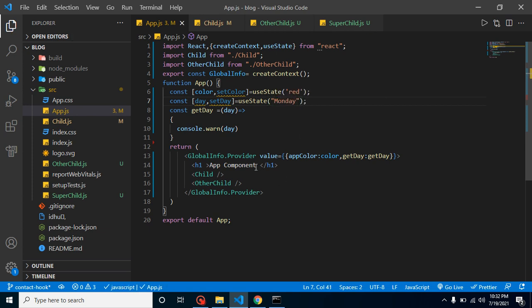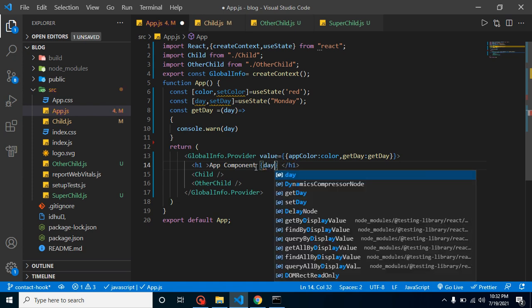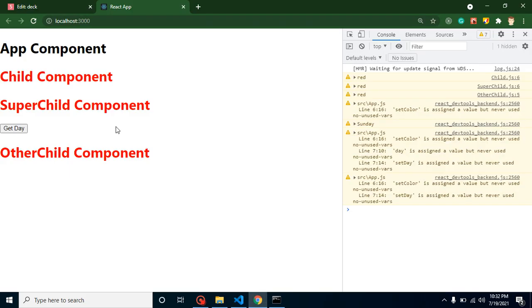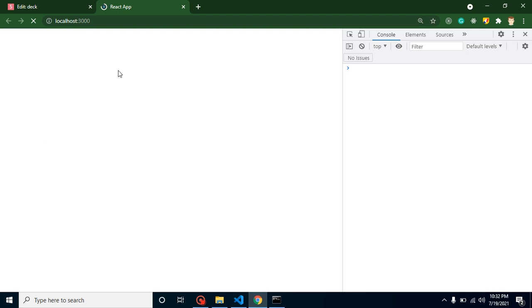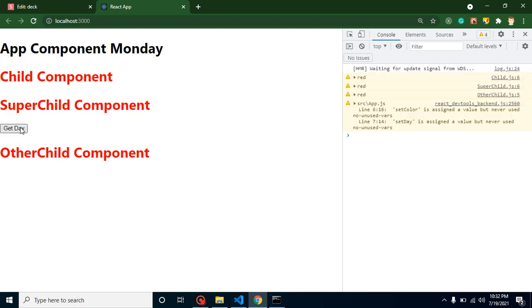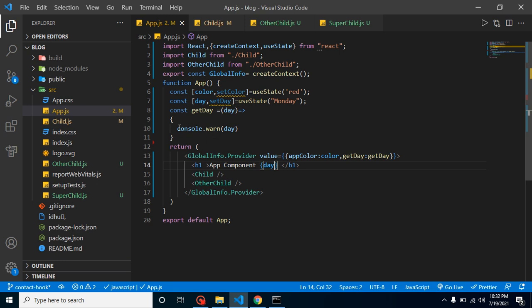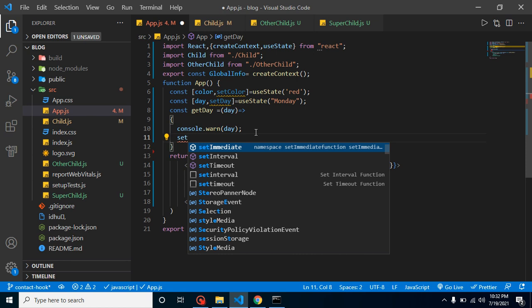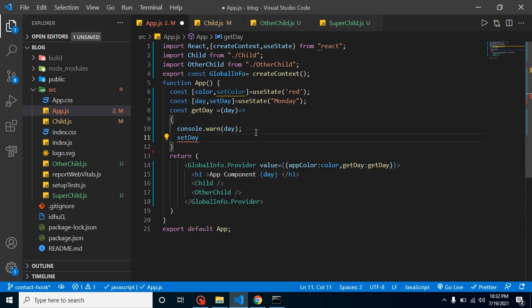And now let's put day. By default you will see we are just getting Monday, right? Now whenever I click over it, it will not change here because we did not update the state. So let me update it with setDay, and let's pass day here, which is coming from our function parameter.